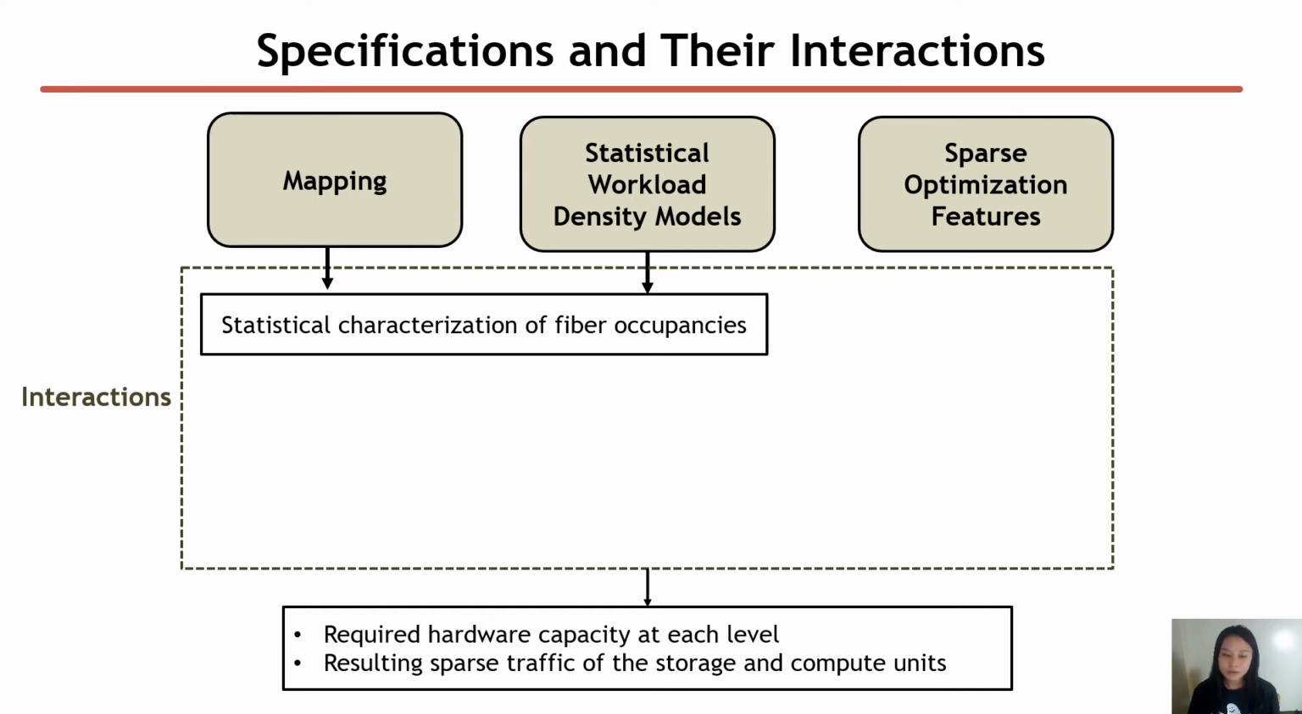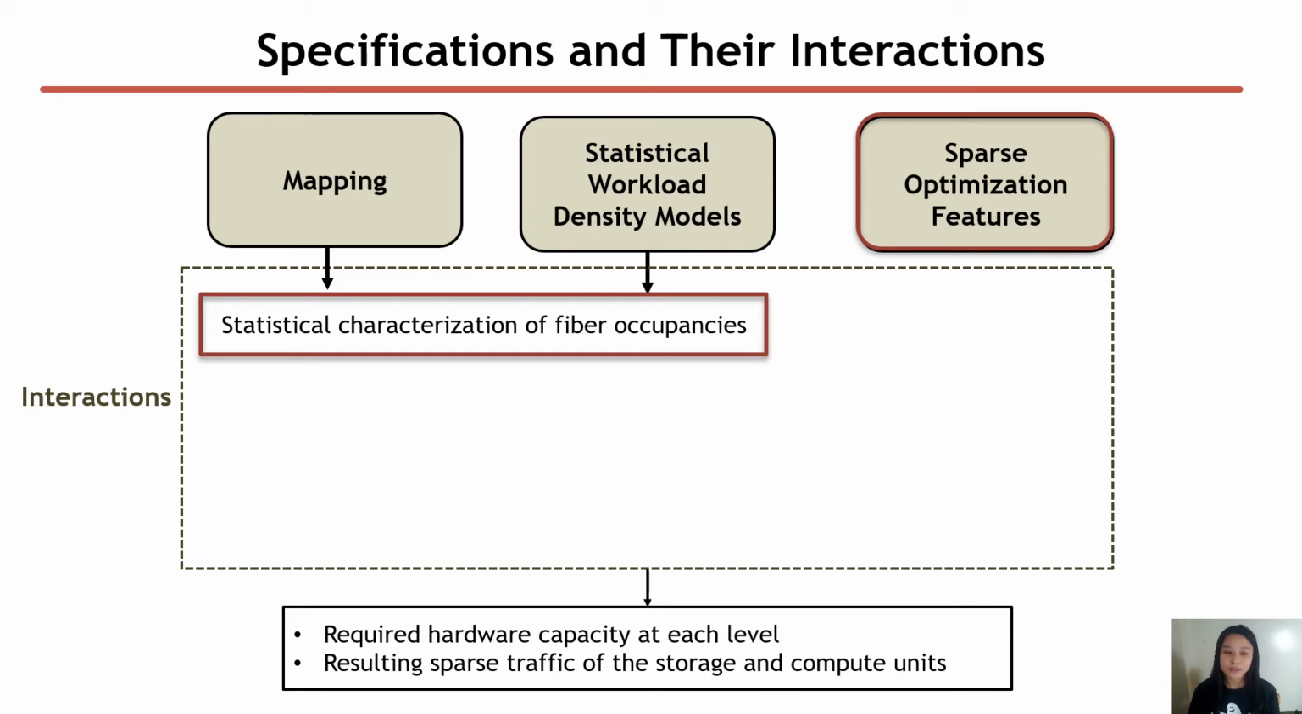So now we have described our interactions between mapping and statistical workload density model, and what the interaction tells us is essentially the statistical characterization of the fiber occupancies. They tell us what is the sparse nature in a statistical way for all of the fibers involved in your tensor. So now we're ready to take the second step, which is to analyze the interaction between